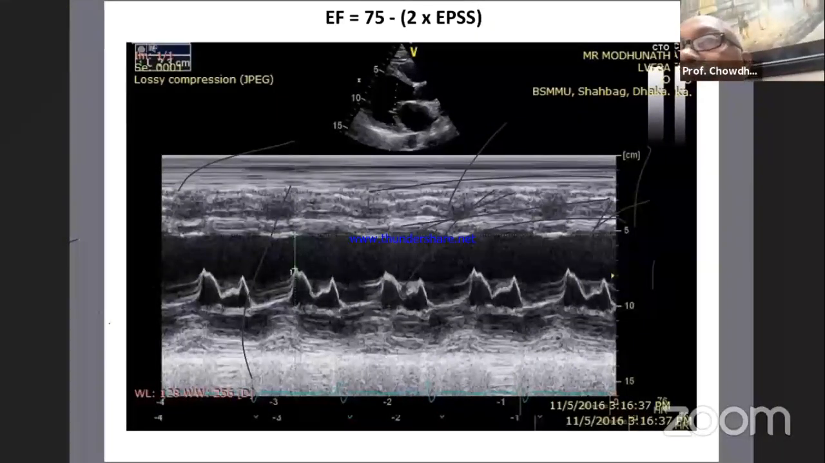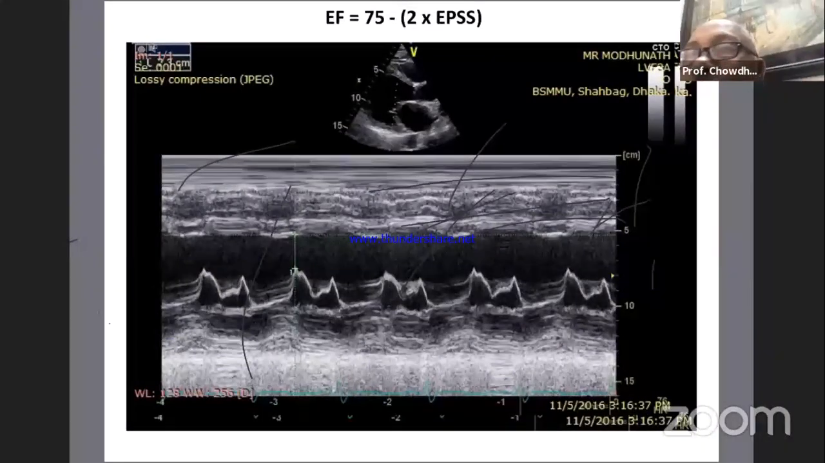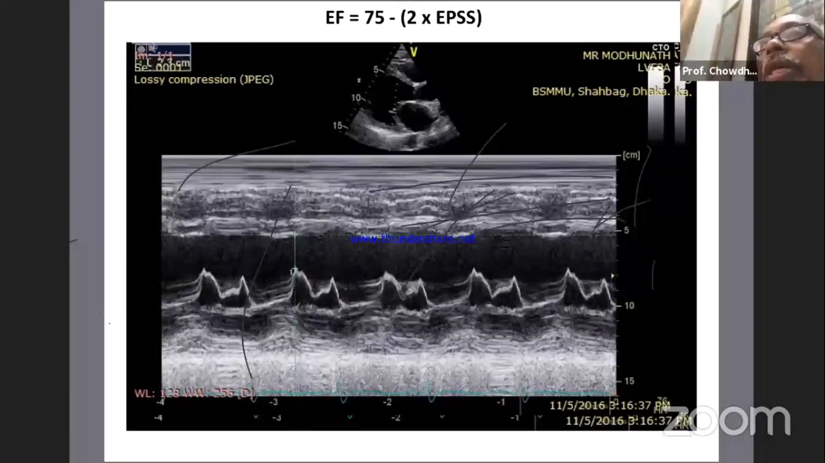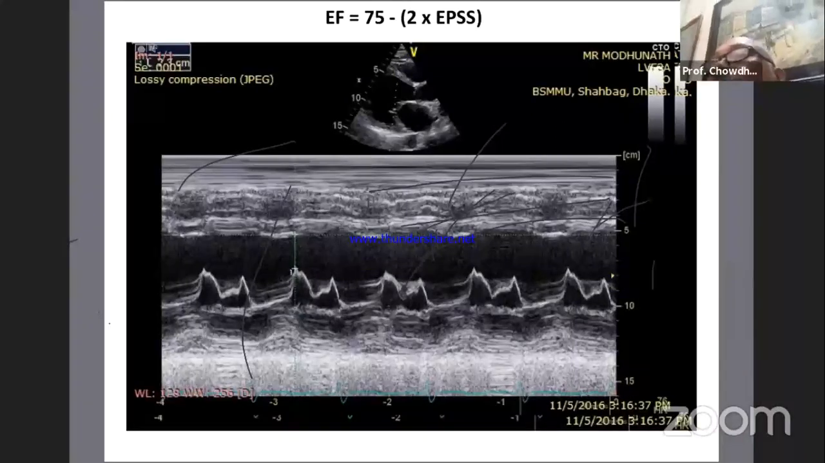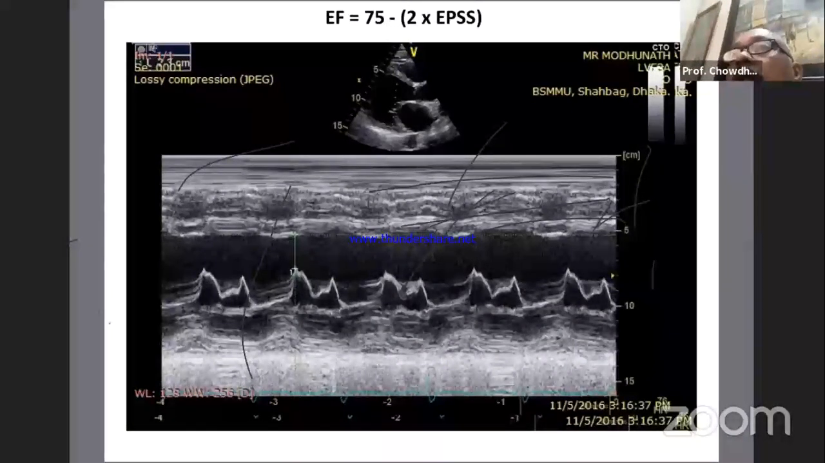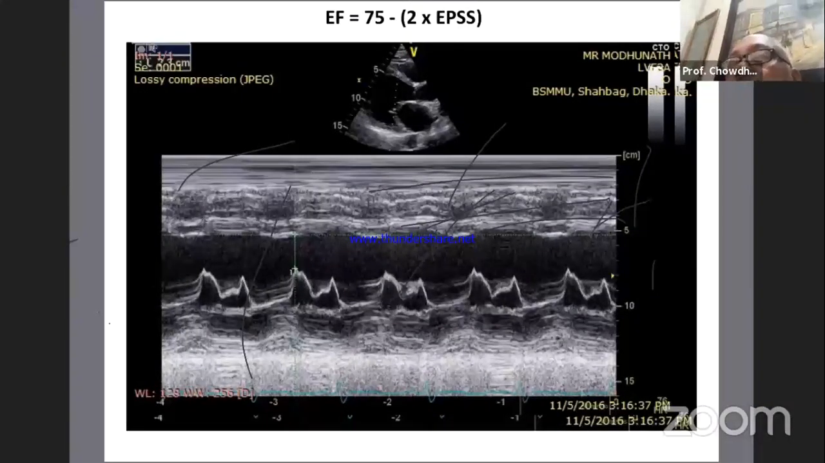Mojumdar sir has instructed me to show this point. And also from this E-point septal separation, we can make an estimation of the ejection fraction by using that formula. This is really quite useful when the patient has got reduced LV function. This formula will give you almost near semi-quantitative measures by simply using the